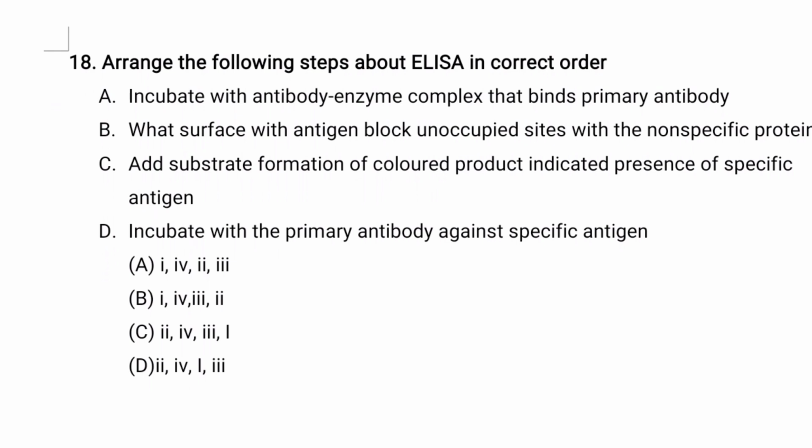Arrange the following steps about ELISA in correct order. Options are: incubate with antibody enzyme complex that binds primary antibody; coat the surface with antigen; block unoccupied sites with a non-specific protein; add substrate, formation of colored product, increased presence of specific antigen; incubate with a primary antibody against specific antigen. For this, the correct answer is